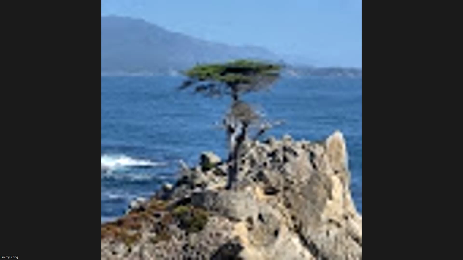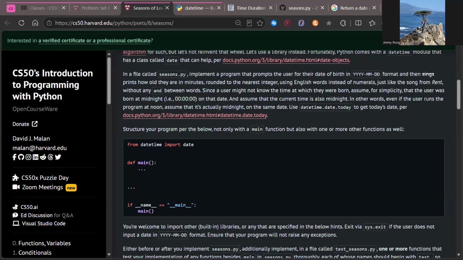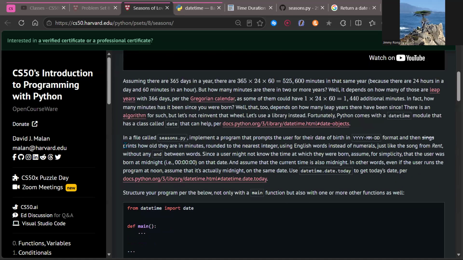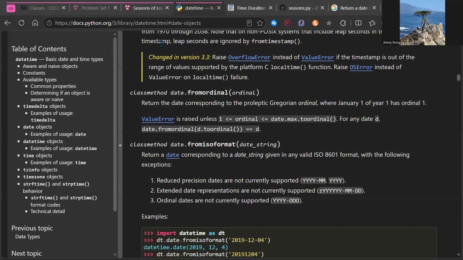Today I will be explaining my thought process as I go through Seasons, which asks us to print how old someone is in minutes, and we have to use the datetime library. Now I've already looked through this,